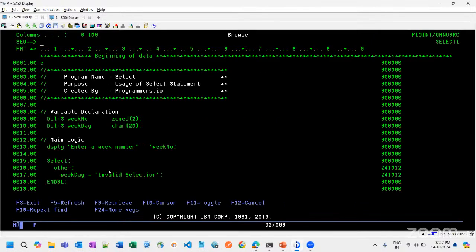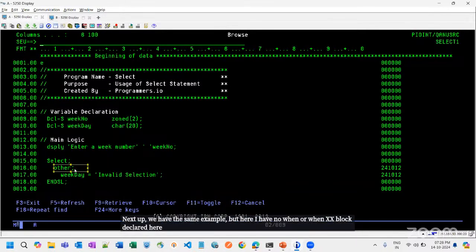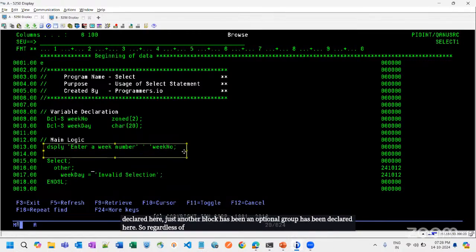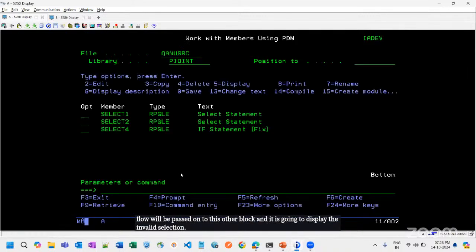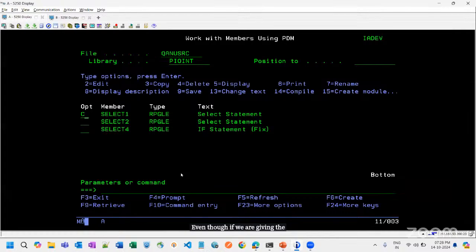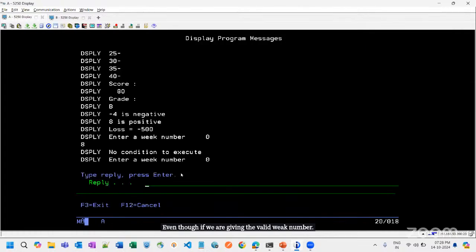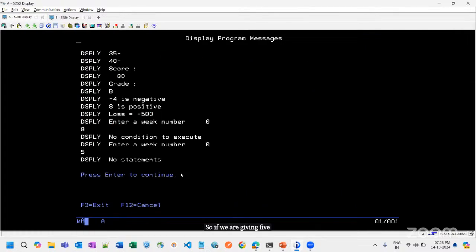Next up, we have the same example, but here I have no when or when XX block declared. Just an other block, an optional group, has been declared here. So regardless of any week number we are giving, the flow will be passed on to this other block, and it is going to display the invalid selection, even if we are giving a valid week number. So if we are giving 5, then it is going to